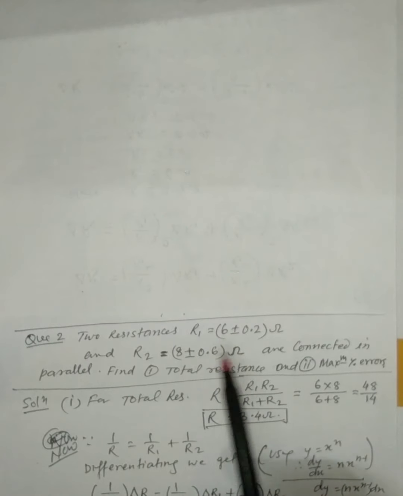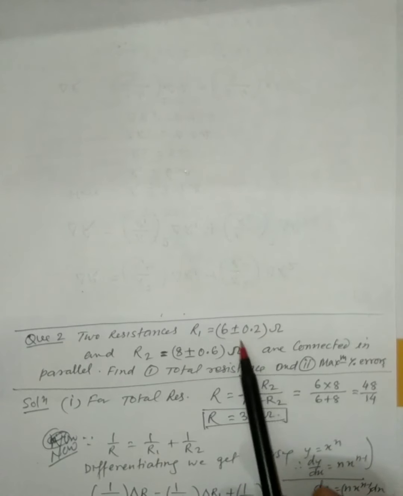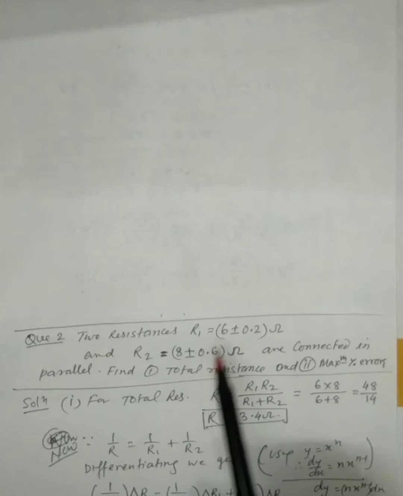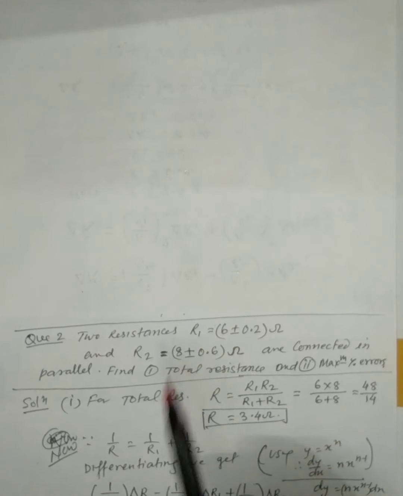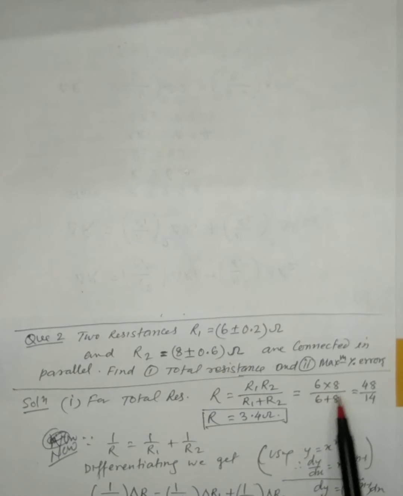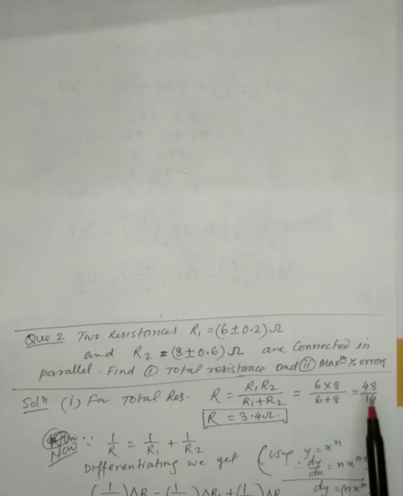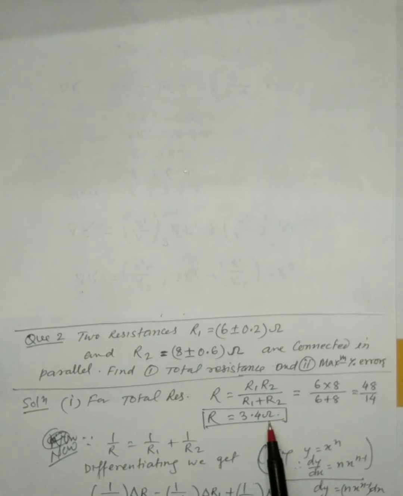Substitute the value, because this plus minus is the error. First of all you have to substitute the perfect value. So 6 into 8 divided by 6 plus 8 comes out to be 3.4. Now since 1 by r is equal to 1 by r1 plus 1 by r2, therefore we will have to